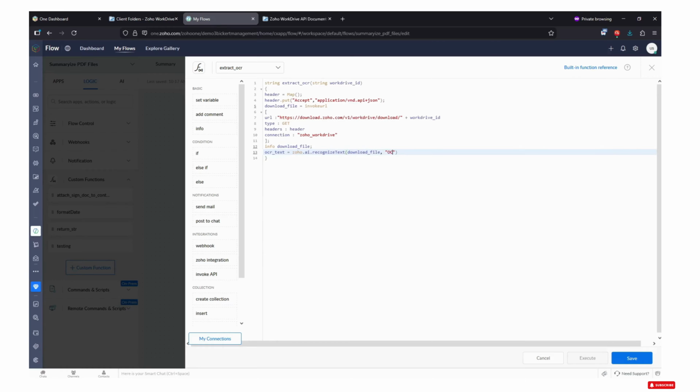We'll type in quotes OCR for the type of recognition, and then for language, we'll put PNG for English, and close that with a semicolon. So now that we have our OCR text here, we want to type in current OCR text. What this is doing is taking in the WorkDrive, downloading the file, using OCR to extract the content from the file, and then the return OCR text, which is where the file content is stored, is going to be used in a later action block within your flow. So let's click save here,